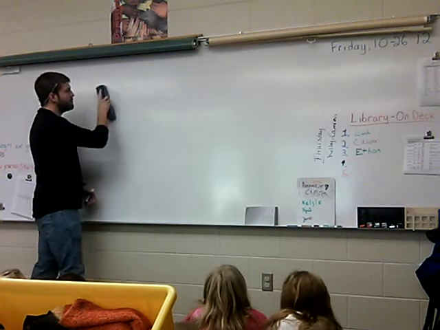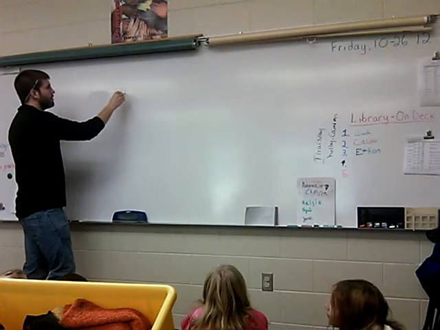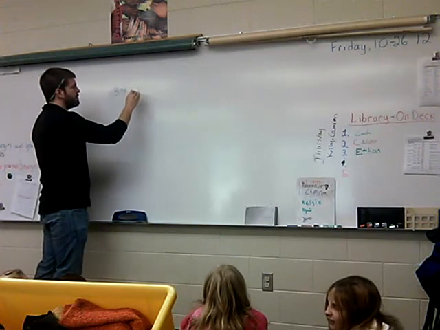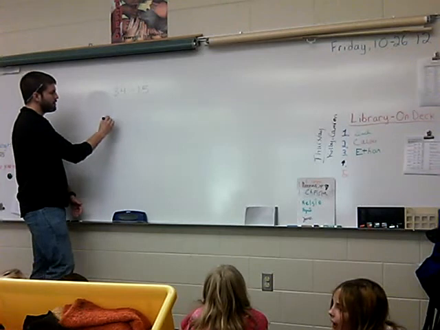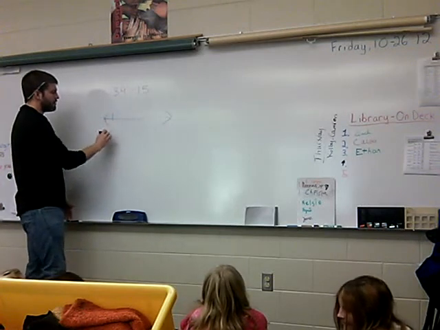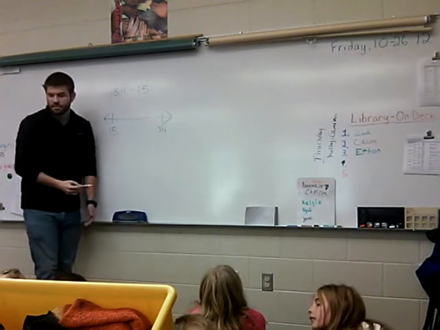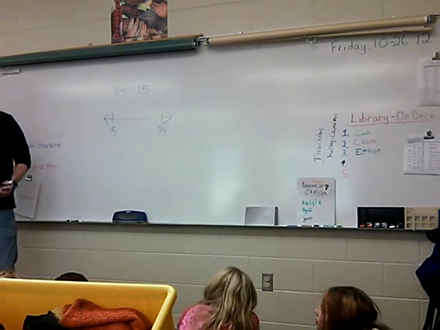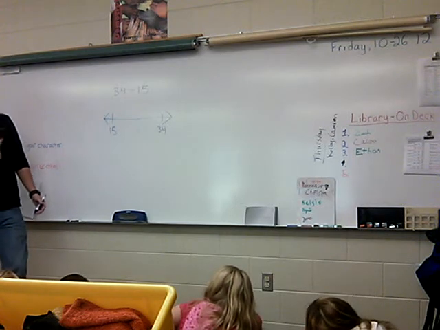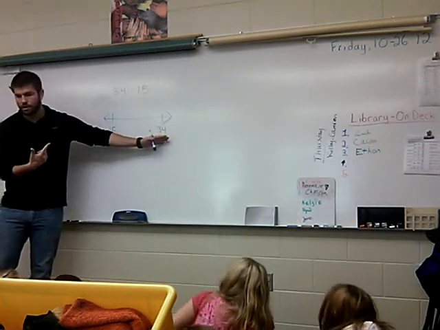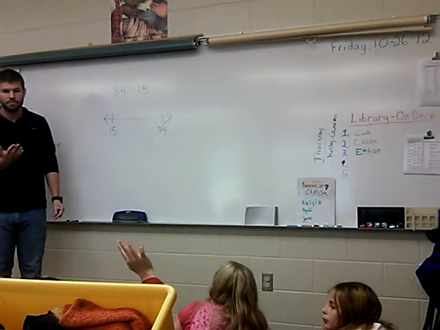So another example, if I had 34 minus 15, and I think of this idea of a number line, 15 being right here and 34 being right here. I'm just going to count by tens in my head. If I added 10 to 15, I'd get 25. If I had 10 more, I'd get to 35. But oops, I went 1 too far. So if I take 1 away from the 20 that I added, it would be